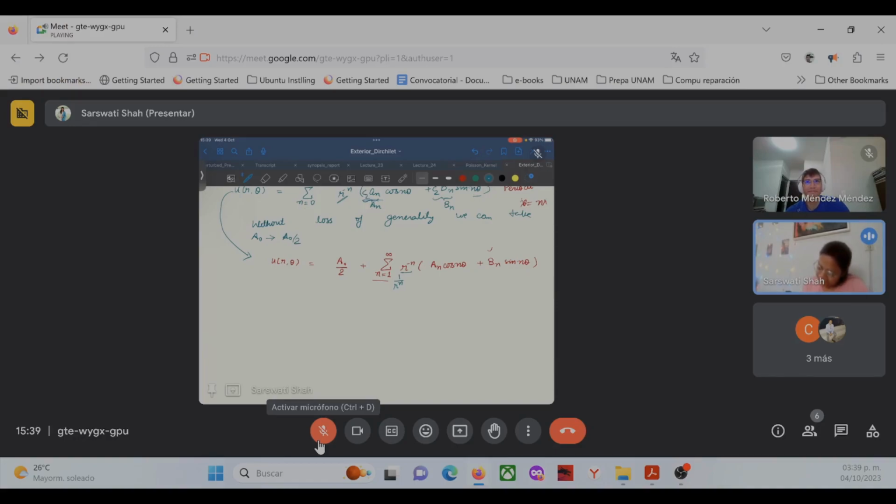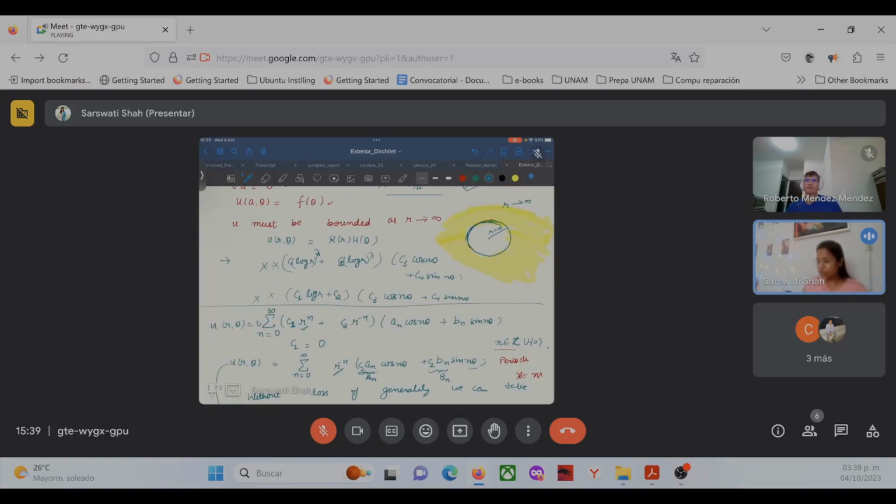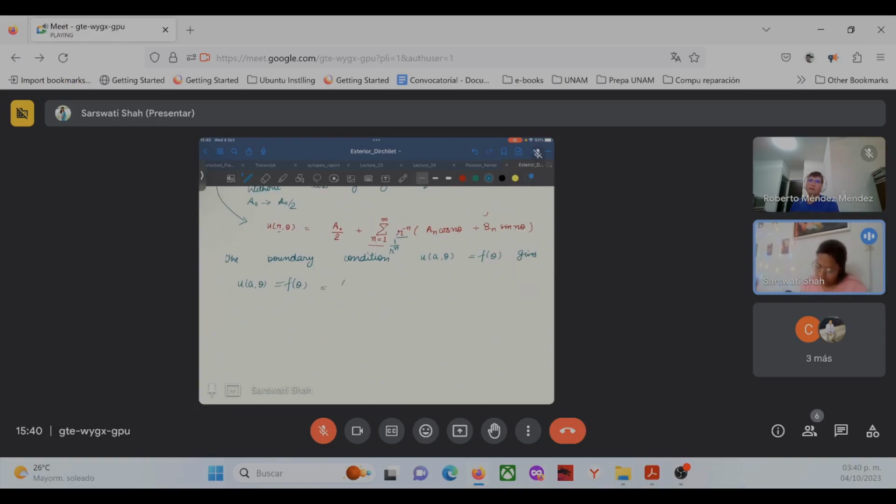So the boundary condition u of a comma theta equals f of theta gives u of a comma theta equals f theta when we take it at the boundary of the circle. So this is the boundary of the circle, which equals a naught over 2 plus summation,